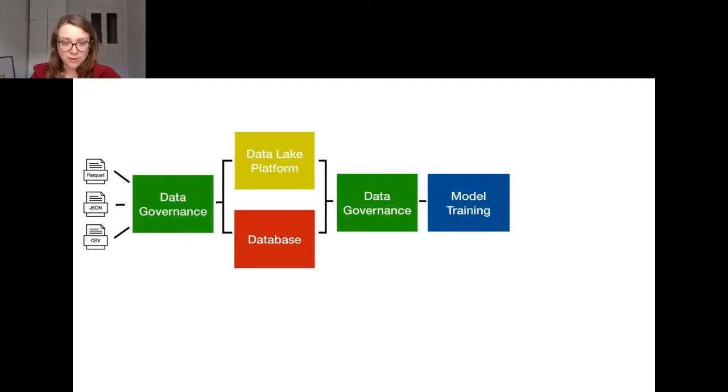Then you have your data ready and you feed it to the model. And it's important to say that you should version your data the same way that you version your code, for all kinds of reasons. Let's say you had a model that the data science team worked on and made a new release, but it actually started performing less well. So you want to easily roll back to the previous model.